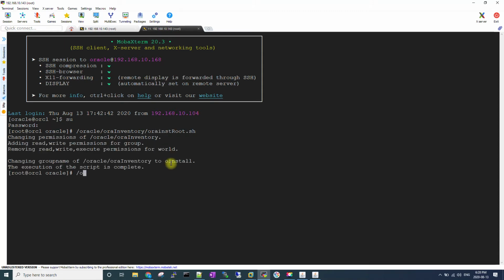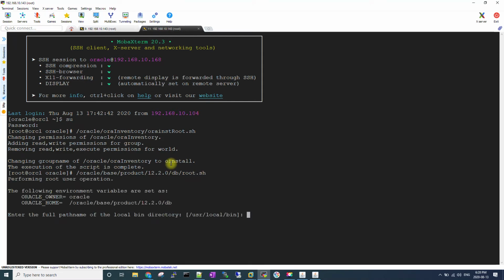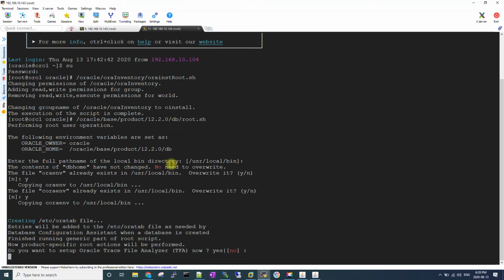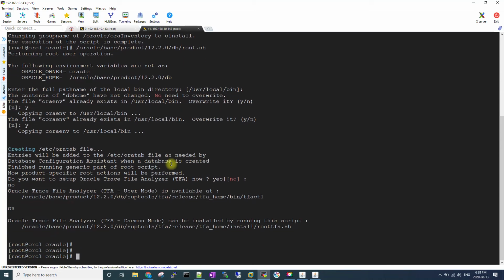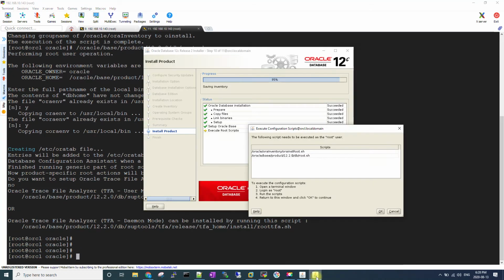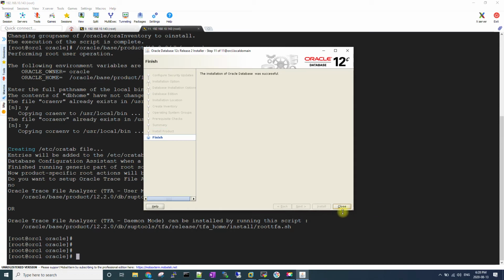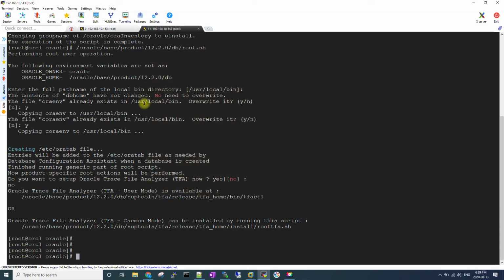Now you have to go to the oracle 12c location, oracle base, product 12, root.sh. Yes, yes, and I will say no to Trace File Analyzer. This is done. We'll say okay. Now let's start installing the